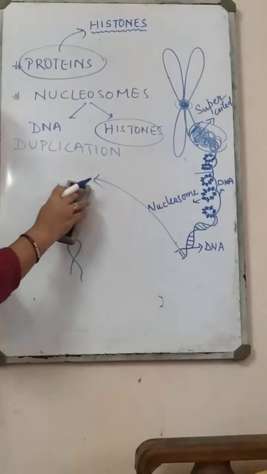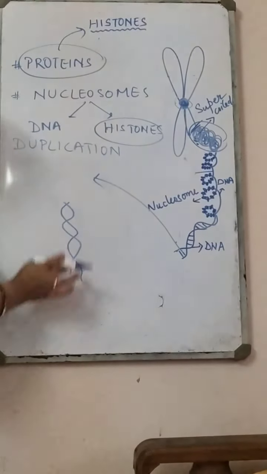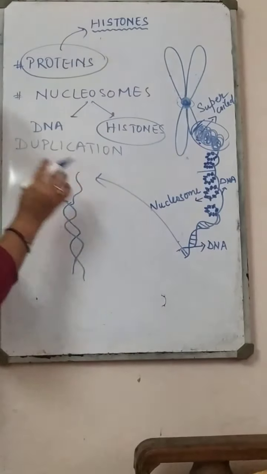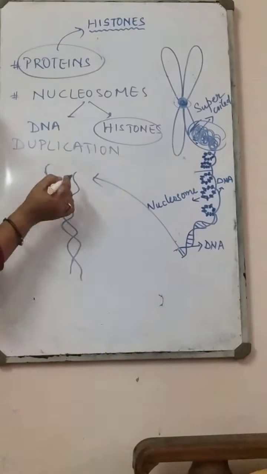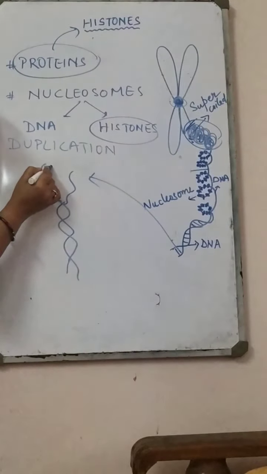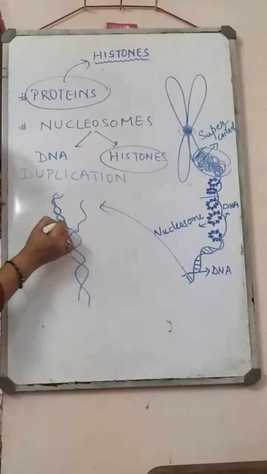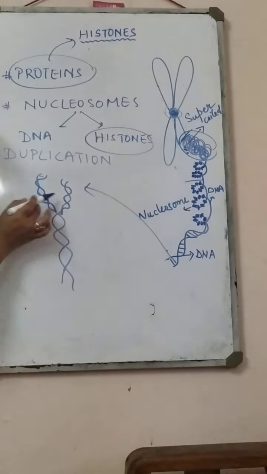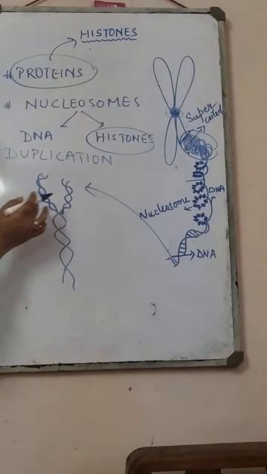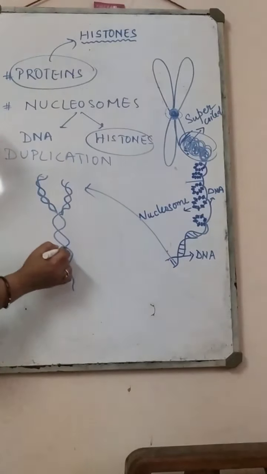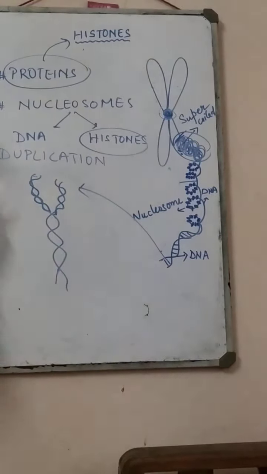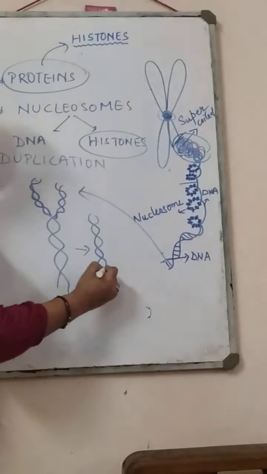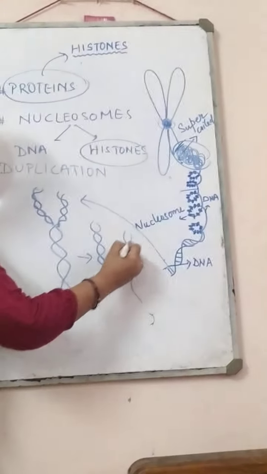So what will happen? From one end, this is one end, this is the other end, DNA will start splitting. Both strands get separated from each other. As the strands separate, from the splitting end itself, another strand starts base pairing like this. So slowly, from one single DNA, two DNAs are already getting prepared. Slowly this will get separated, and this also will get separated, and at the end there will be the old strand and the new strand. Again, this is the old strand, and this is the new strand.